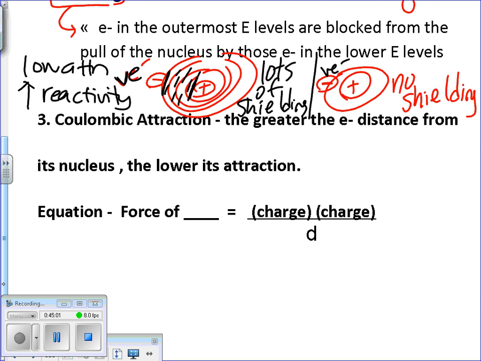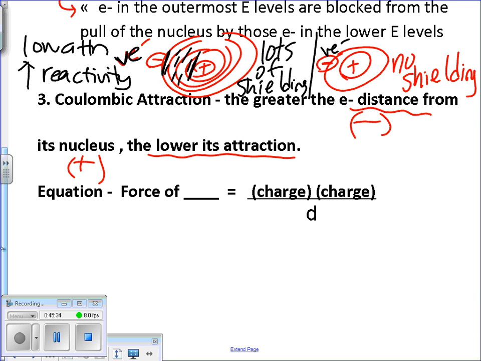And so this whole phrase, the greater the distance, the heart does not grow fonder, okay? Distance does not make the heart grow fonder. It is just not there. The attraction is very low. Because it's so far away, the electron has no attraction for its own nucleus, which makes it very reactive. Well, that's a positive nucleus, a positive-negative attraction, because opposites attract there. The other force that could be at play could be a force of